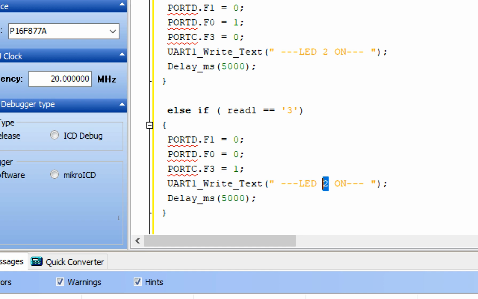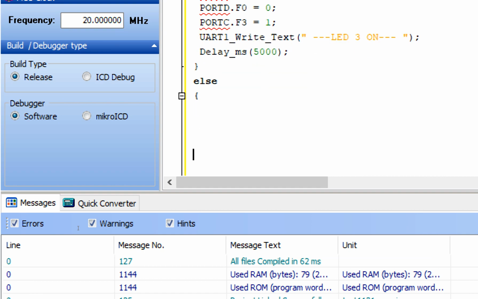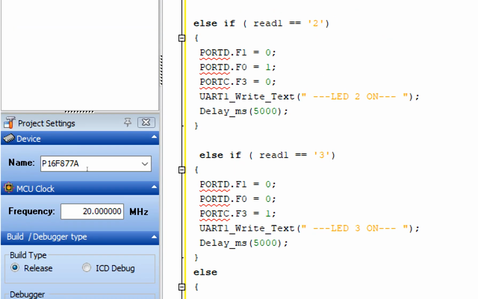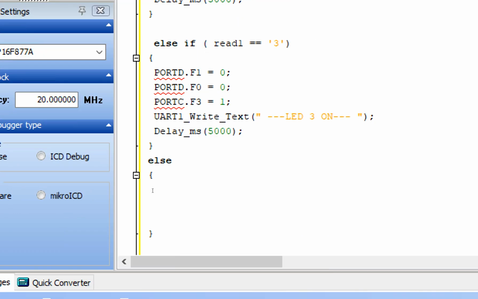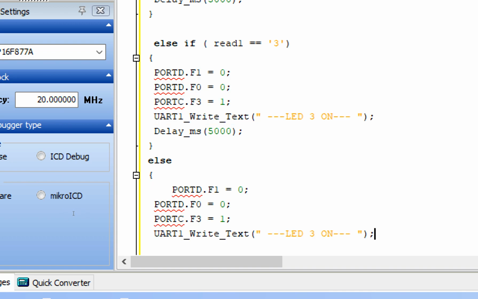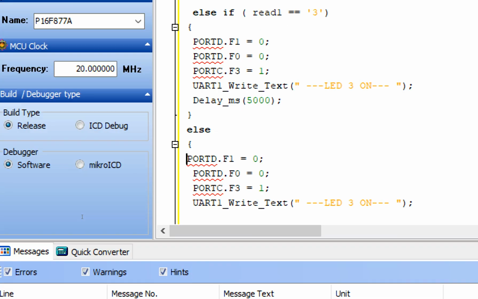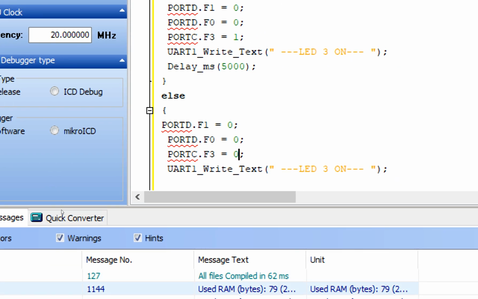And the PIC will send a feedback that the LED 3 is on. Now else if something else is received, any value other than 1 to 3, then all the 3 LEDs will remain off. So we copy this and paste it here, and you turn off all the 3 LEDs if none is received like this. Now the PIC will send that no LED is on,